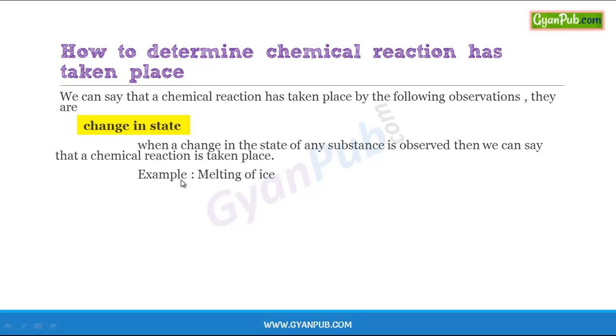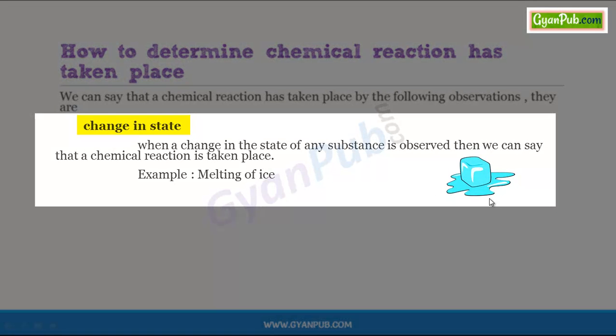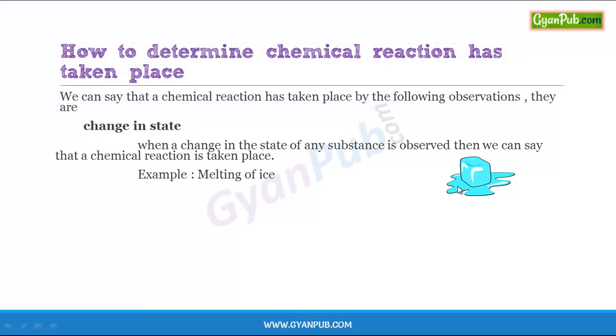For example, melting of ice. Solid ice is getting converted into liquid. In this figure we can see the ice getting converted into liquid. So here the solid state is converted into liquid state, and we can say that a chemical reaction has taken place. And